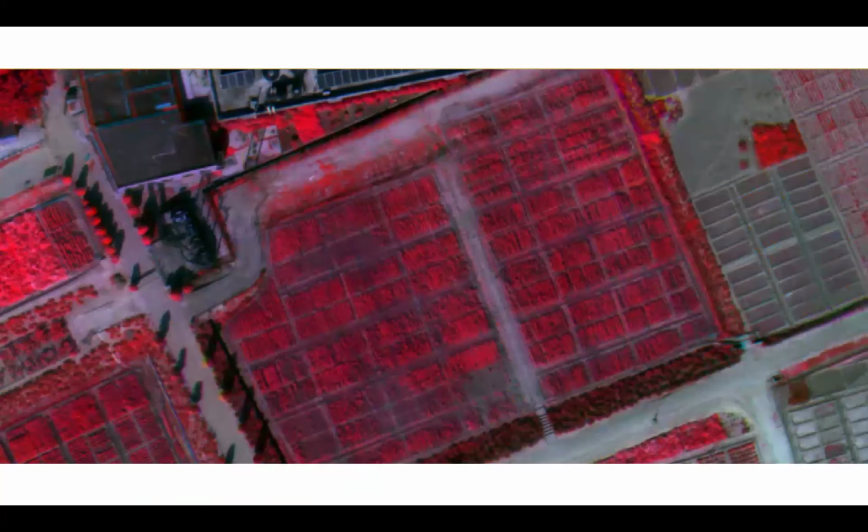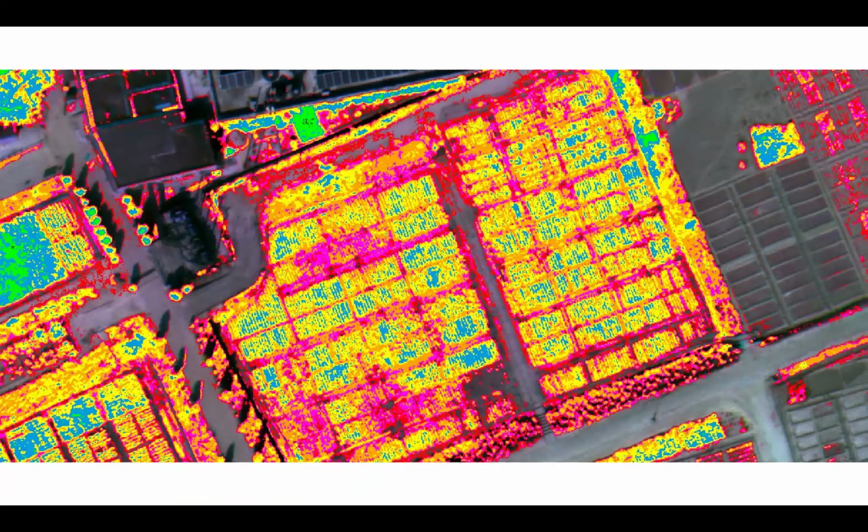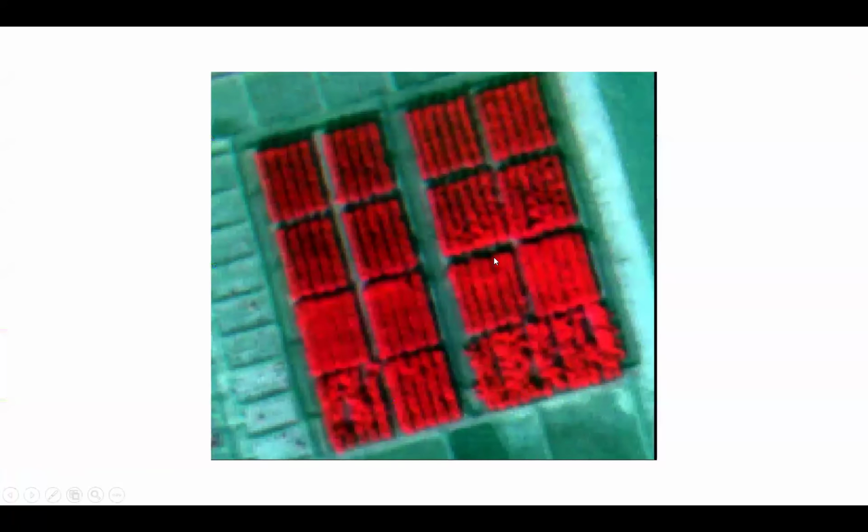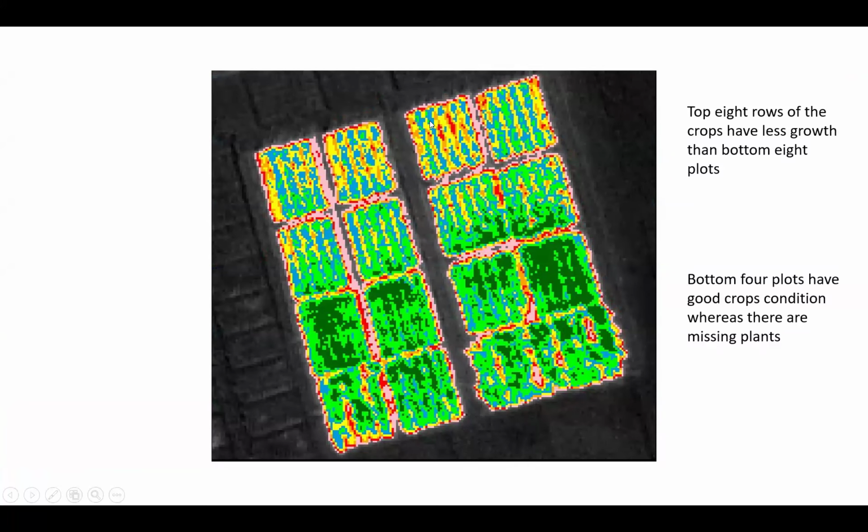This is another plot again taken from the drone, and this is how we can do the analysis and perform the farm management. So wherever there is damaged area, only in those damaged areas the protective measures can be applied. This is another place, and now here only the top blocks appear to be having some red and orange places, so there only you can do whatever care can be taken.